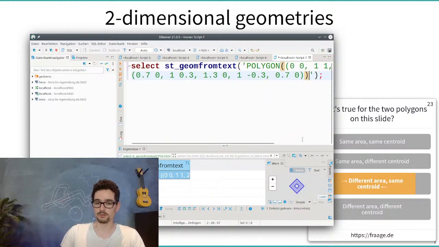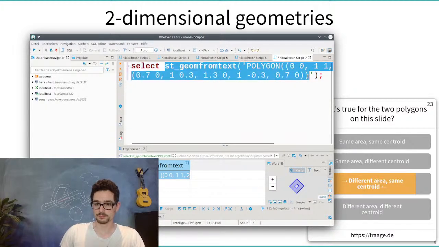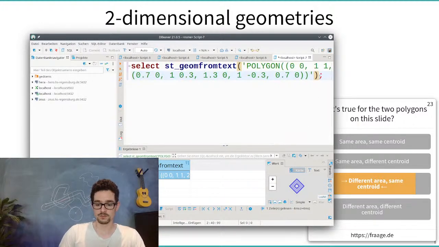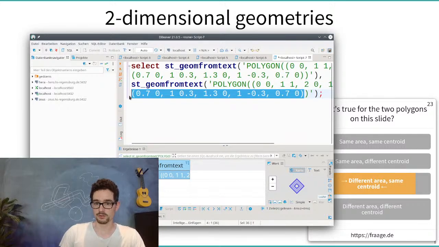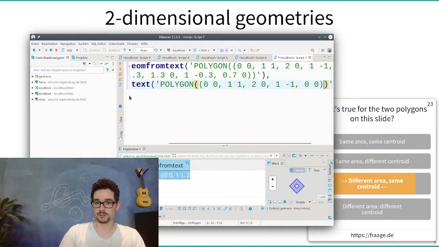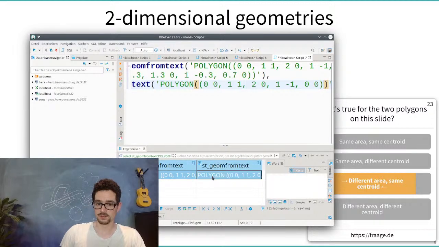No spatial reference system is used here, so it shows me this polygon, and we can then, for example, also have the other polygon where no hole was in it, and then with control click we have both here,